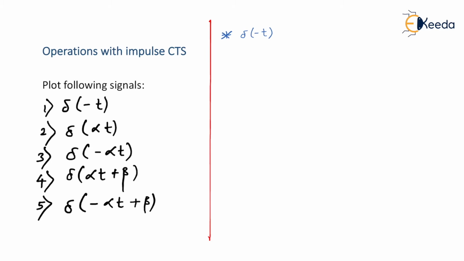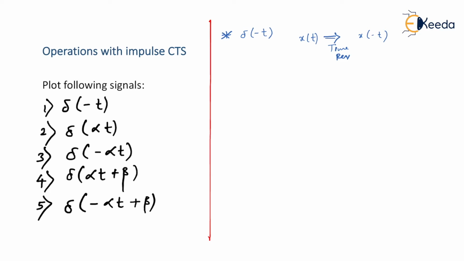I'm sure you remember, if we have x of t, how to go for x of minus t. If we do a time reversal, then we get x of minus t. Is that right? So if I have del of t signal and if I do a time reversal, I'll get del of minus t. We know how the delta signal really looks like. But rather than do this operation on the ideal delta signal, I'll be taking a practical delta signal, in fact, a unit impulse signal.